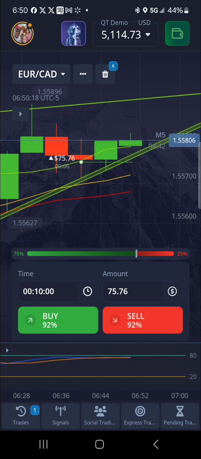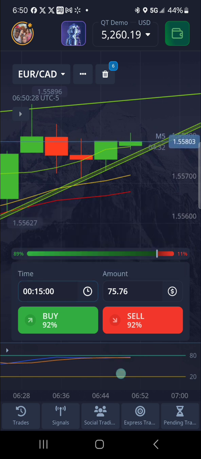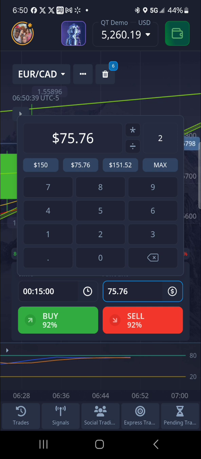So yeah, we got lucky. As soon as we got up on here, we saw some action. So we won that one. Also, I'm gonna go ahead and put the next one for 15 minutes, a little bit more safe since it took a little while for us to actually see progress on that one. Since we won that one, we're gonna go ahead and